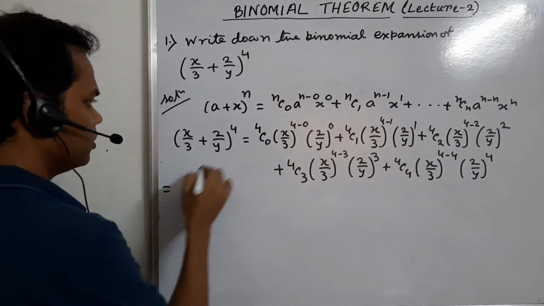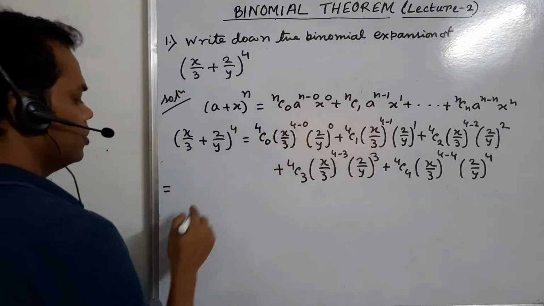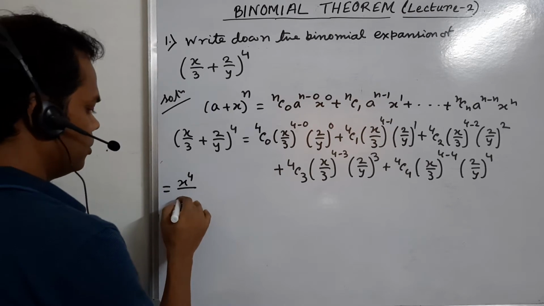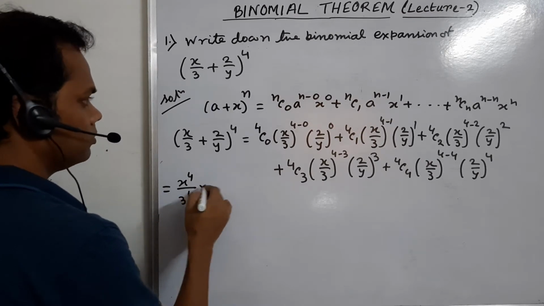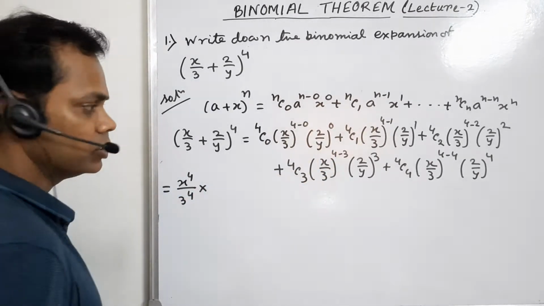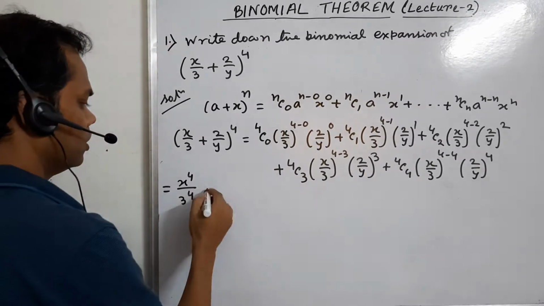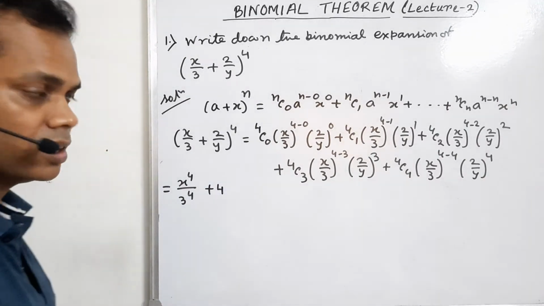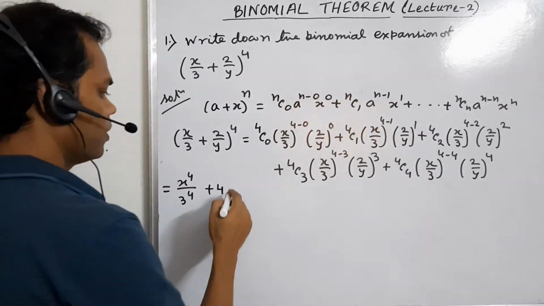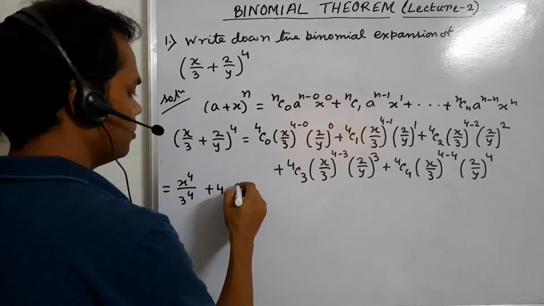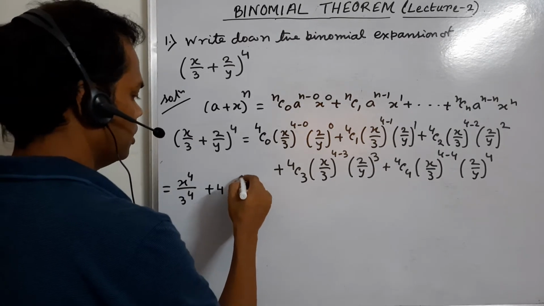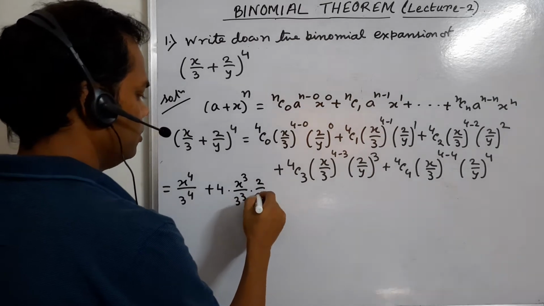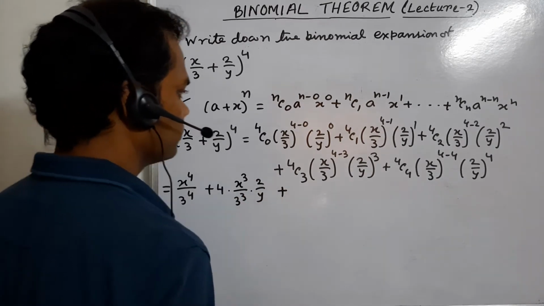So 4C0 is 1, (x/3) to the power 4 is x to the power 4 by 3 to the power 4, and (2/y) to the power 0 is 1. In the next term, 4C1 is 4. For example, nC1 is n, as we discussed in the previous video. So 4 times (x/3) cubed, x cube by 3 cube, into 2 by y, plus